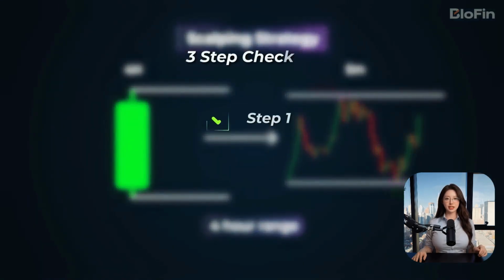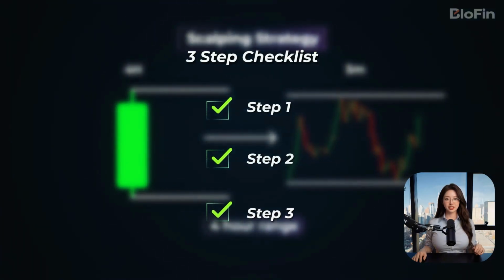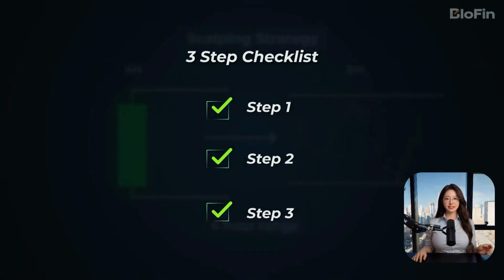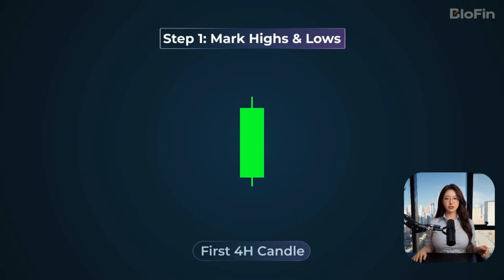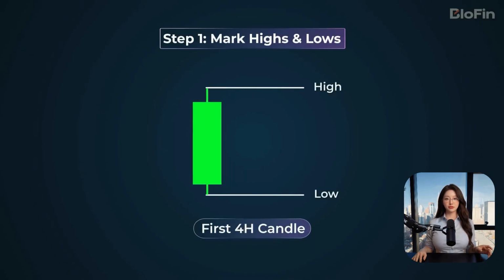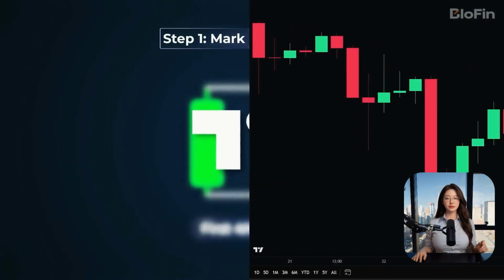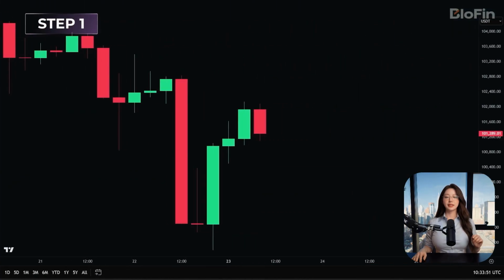To execute this strategy, all it takes is a simple 3-step checklist, which we're going to go through in this video. So step 1, the first thing you want to do is mark the high and low of the first 4-hour candle that forms during the day. Here's how to do that on TradingView. First, choose any chart depending on the asset you're trading. For this example, I'm using the Bitcoin chart. Then make sure the time frame is set to 4 hours, which means each candle represents 4 hours of price